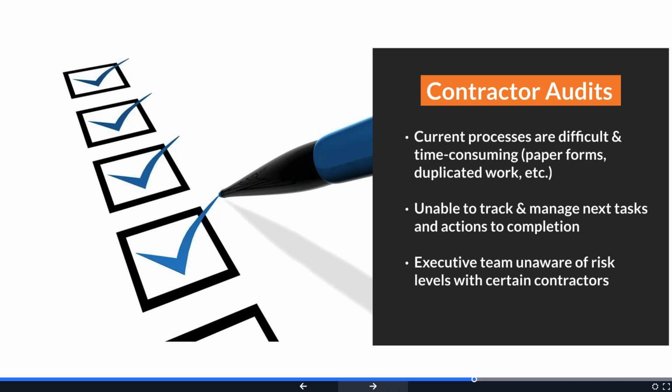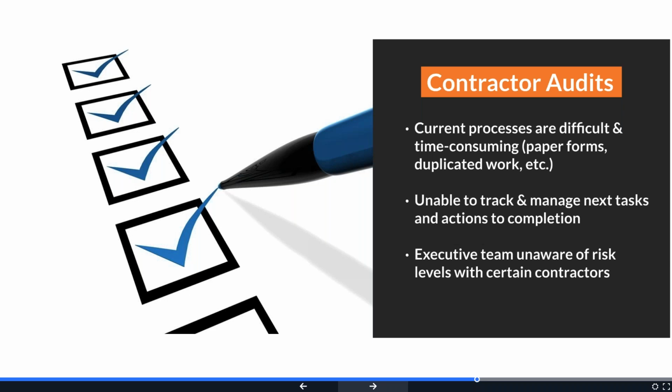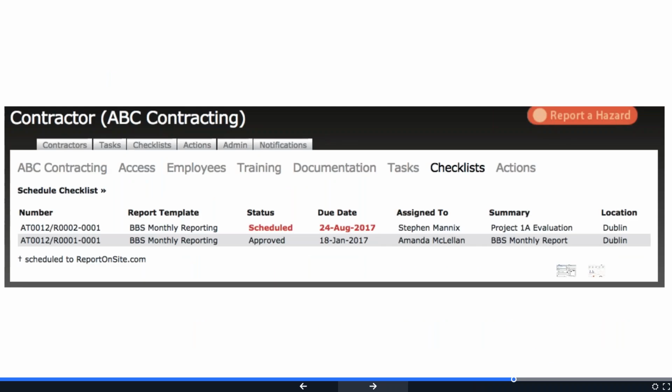You want to be able to manage any sort of the actions that have arisen from this contractor's audit or inspection, and then you want to make people aware of certain risk levels across the organization. So how we can assist with that is a very simple auditing or checklist scheduling tool. So within the actual contractor module itself, you can assign to people within the organization these checklists that they can complete. And this may be, again, a contractor manager, a health and safety individual,